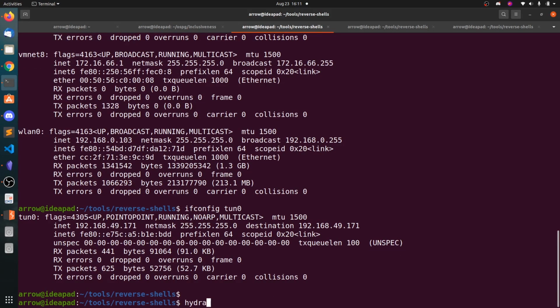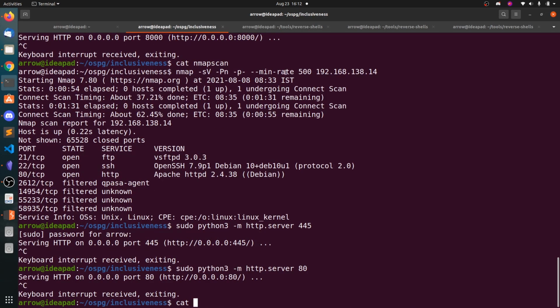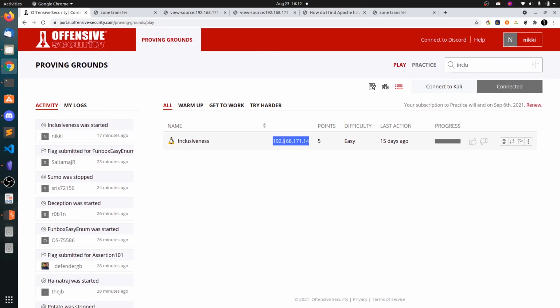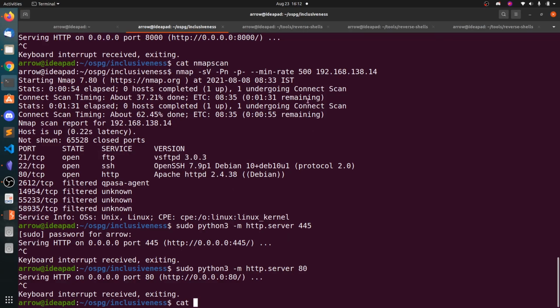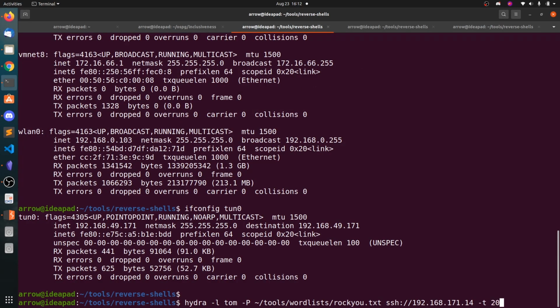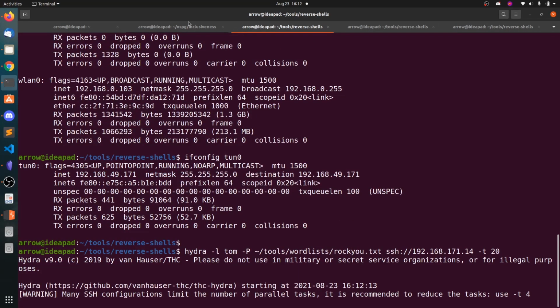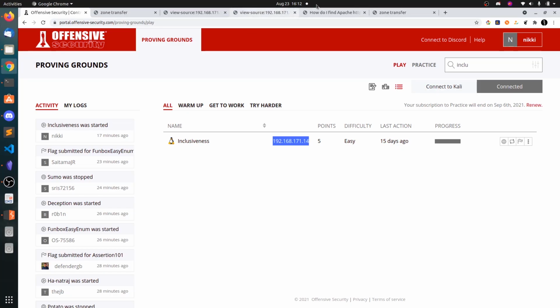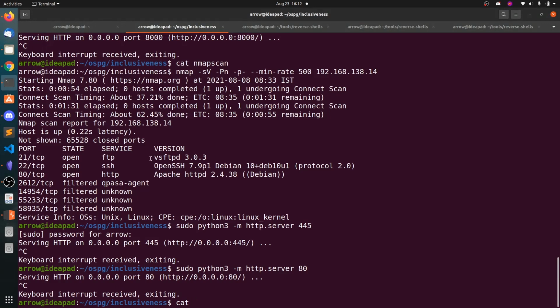So let's run Hydra with the Tom user and passwords. Let's run this in the background. What ports do we have open? 21, 22, 80.